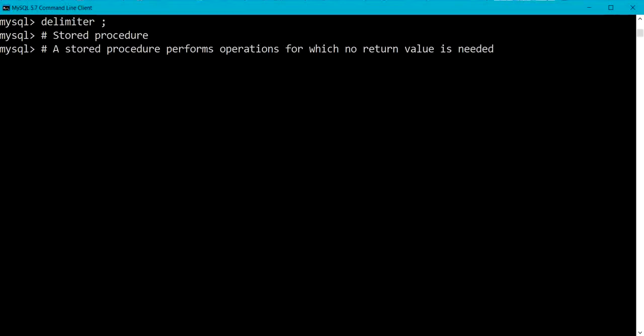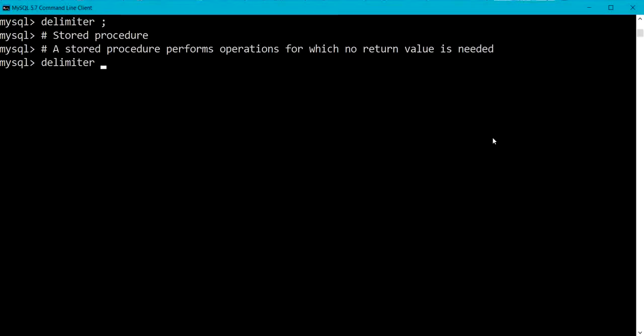Now, let us start with a simple stored procedure. But before writing procedure, in MySQL, we need to specify delimiter before writing the procedure. So, let me change delimiter here. What is delimiter?